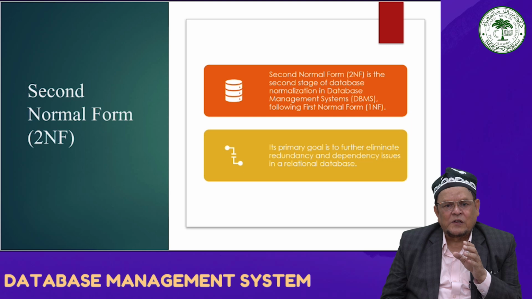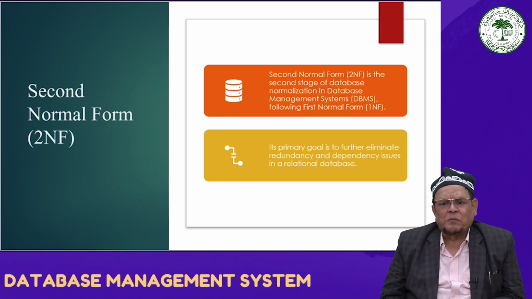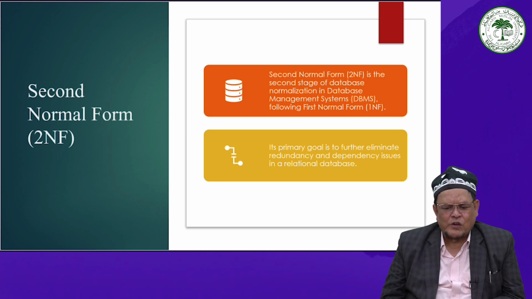In the second normal form, it must be in first normal form. Before a table can achieve 2NF, it must first satisfy the requirements of first normal form, including having atomic values and unique column names. Remove partial dependencies. In that case, you have to remove the partial